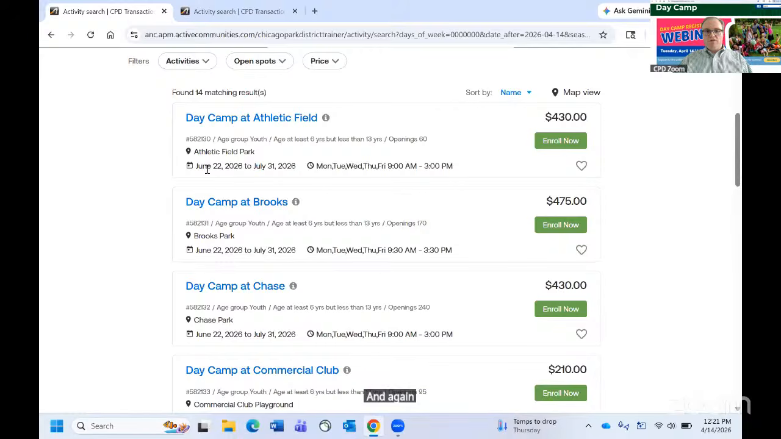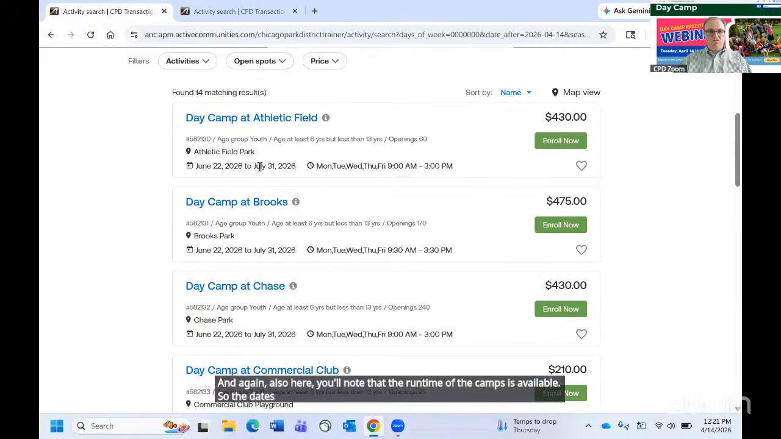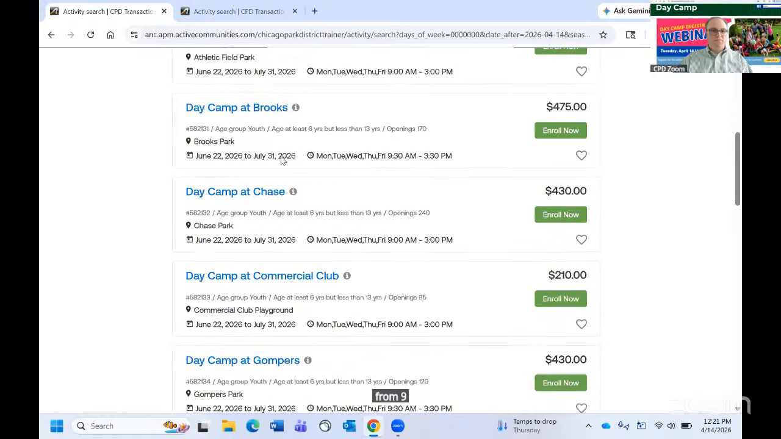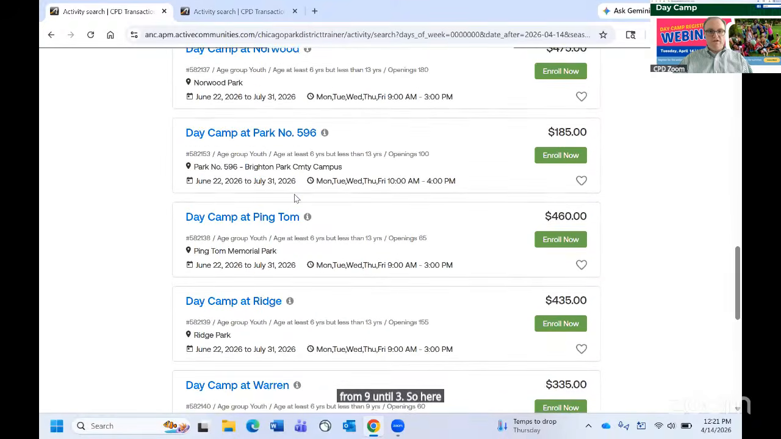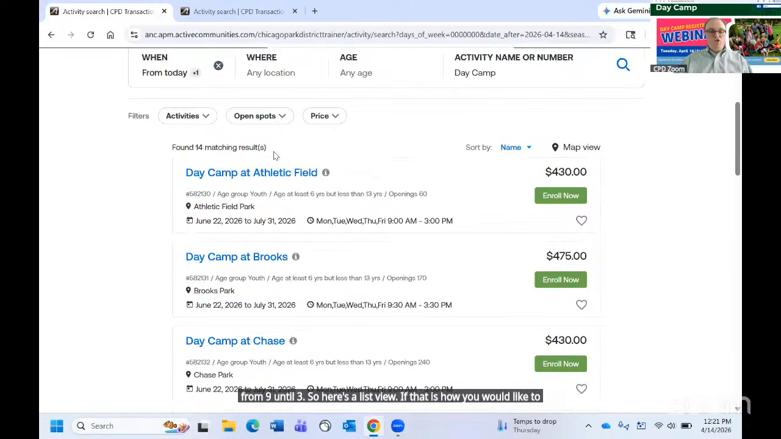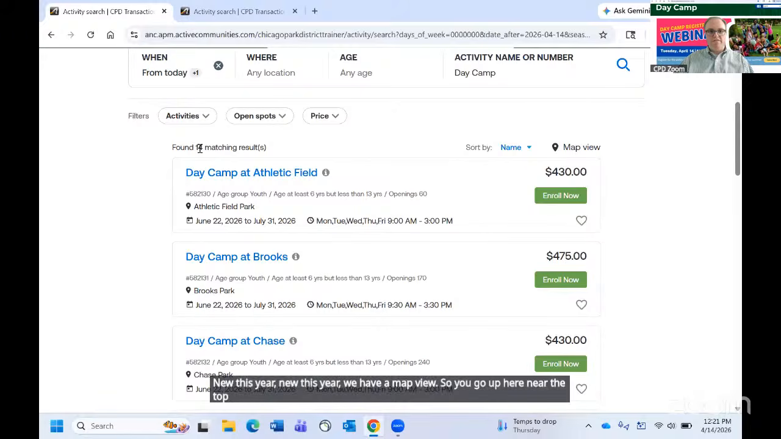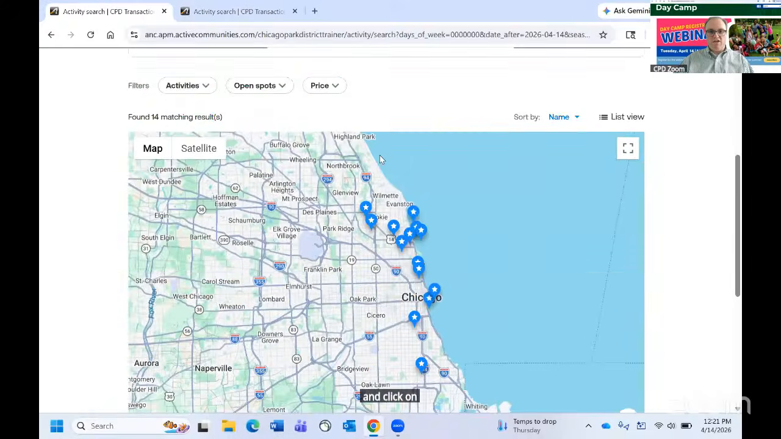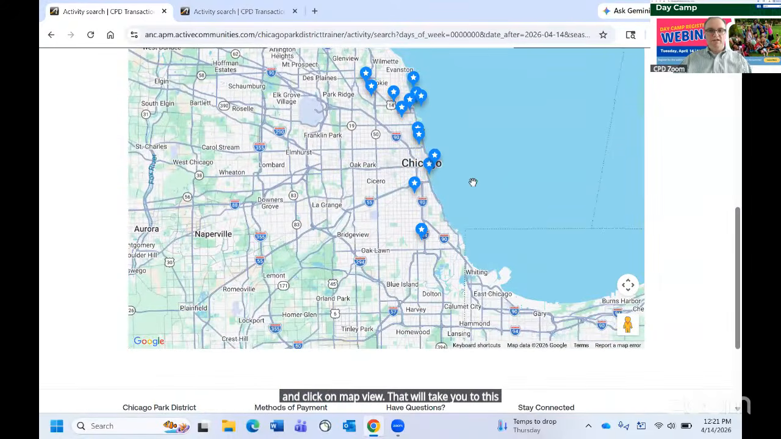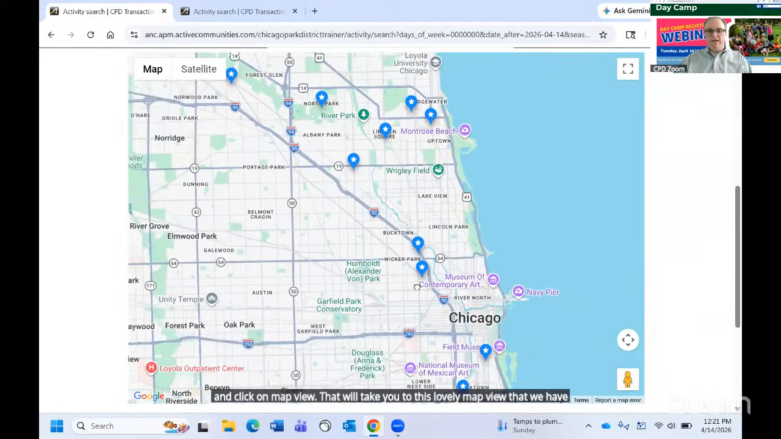And again, you'll note here that the runtime of the camps is available. So the dates of the camps are June 22nd to July 31st. And then they are on Monday, Tuesday, Wednesday, Thursday, Friday from 9 until 3. So here's a list view if that is how you would like to search. New this year, we have a map view. So you go up here near the top, right near the 14 matching results found, you can click on map view. That will take you to this lovely map view that we have,